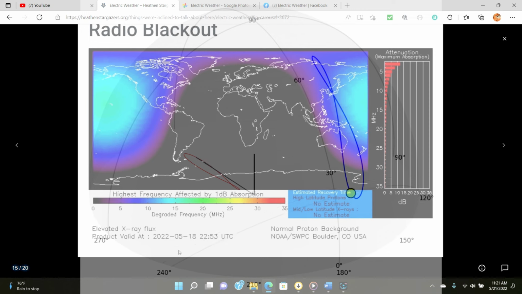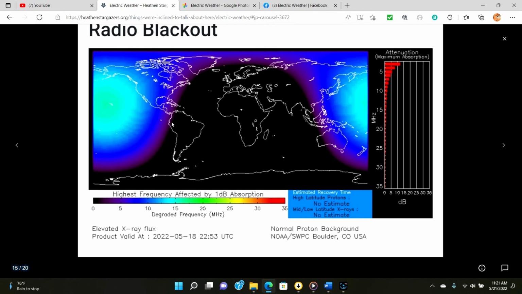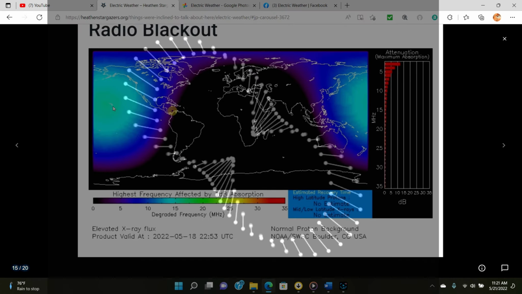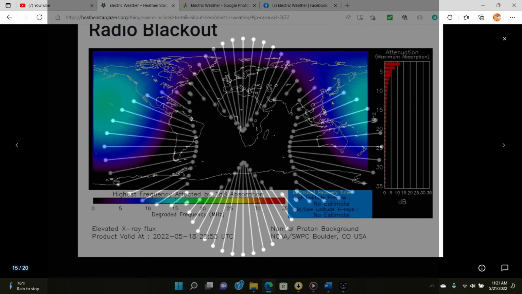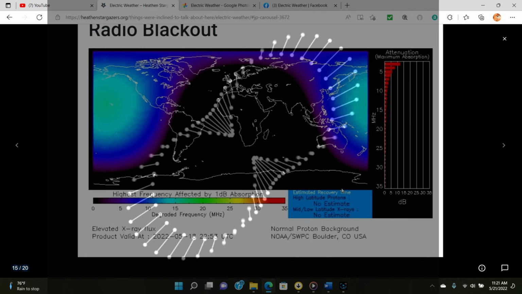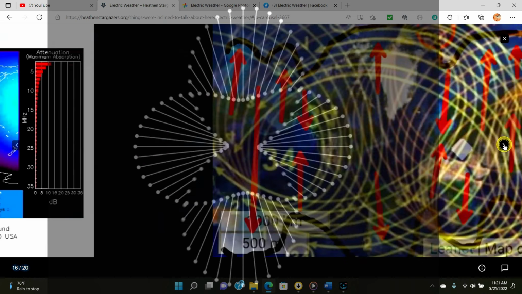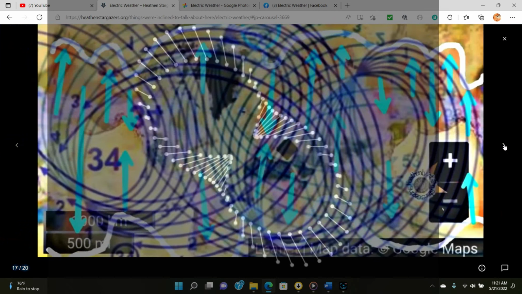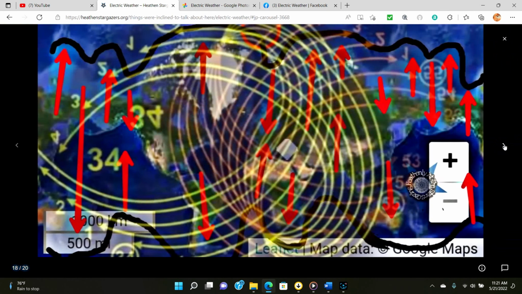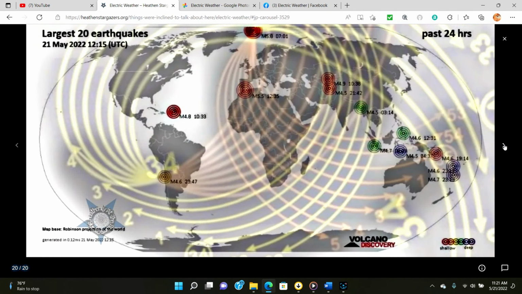So this is what a radio blackout looks like. This is from the 18th, and see how it hits the sun, or hits the earth, sorry, in this wave, because we're a sphere, and so it's hitting this side, this, and this. That's just the other half of this circle here, this blue circle. They're the same, just wrap it around. So last second, that got a little crazy, a little fast, didn't it? So here's where I put that